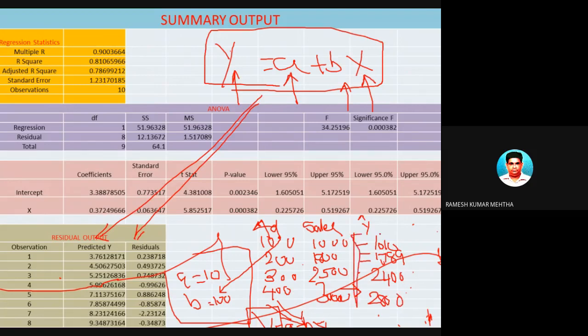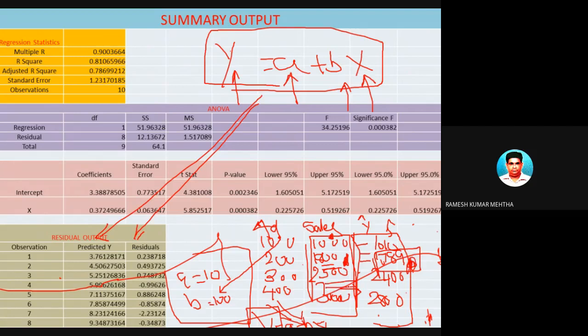Now look at these figures and these figures. My actual value of sales is 1000, but this particular equation has found that the value of sales should have been 1010 crores, sorry. The sales of the second year is in actual 1800. But when I plug these values of x, a and b into the equation y is equal to a plus bx, I got 1789 as the answer. Means what? This was the actual sales and this is the predicted sales.